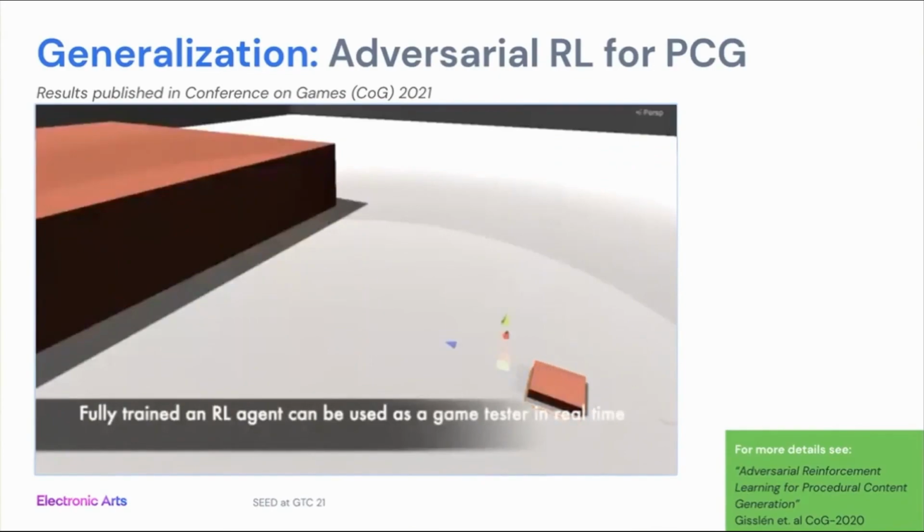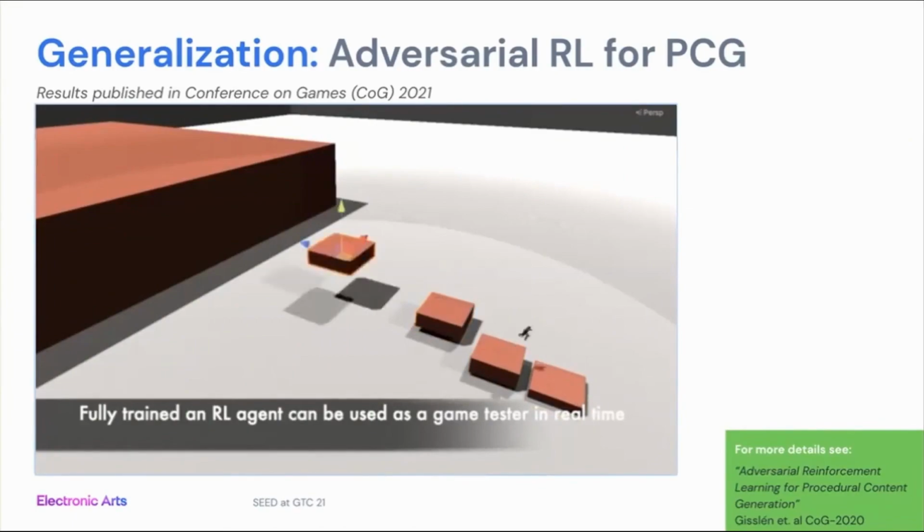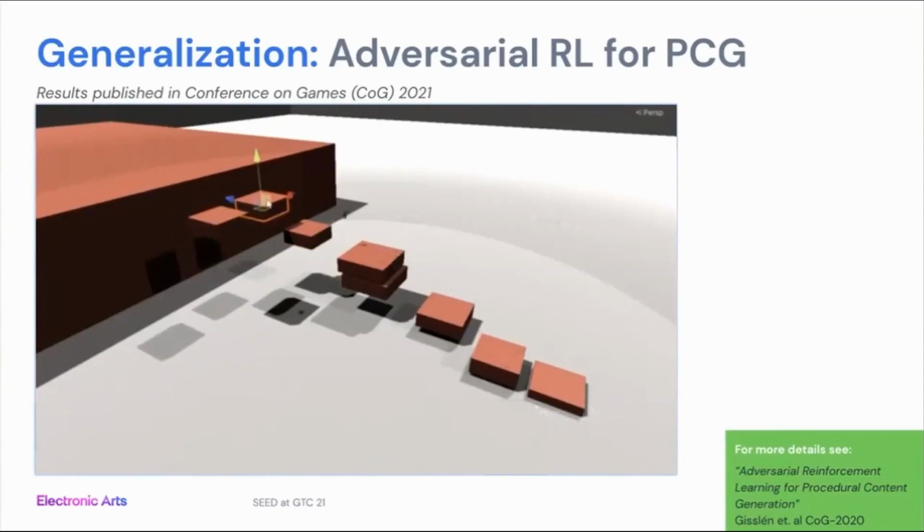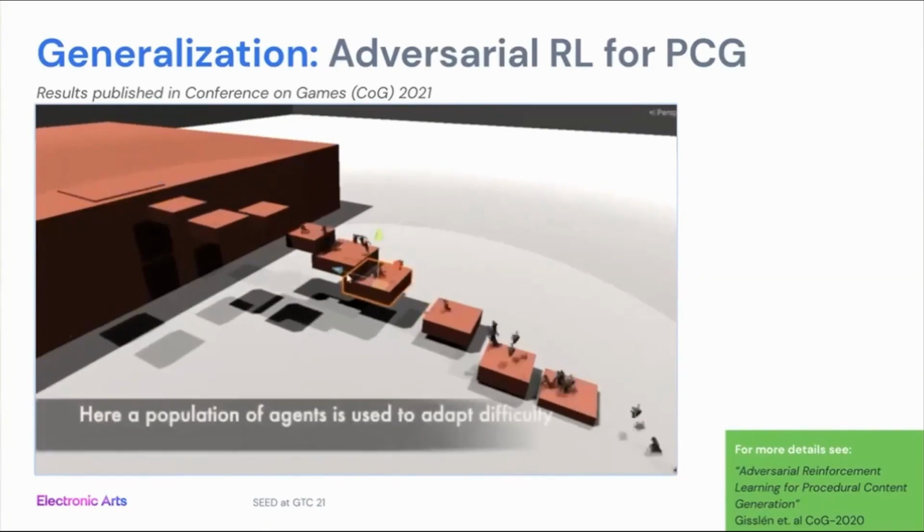And the vision we have with this is that if we can have an agent that can play a fairly large amount of different environments, we can have this as a real-time player also. We don't have to retrain. This is an example of that, where a human is building a track and the agent is playing that at the same time. So you can see here that it stopped when it couldn't make the jump, but it also tries to make the jump, and then you can see which kinds of jumps are impossible, which are harder, and which are very easy.